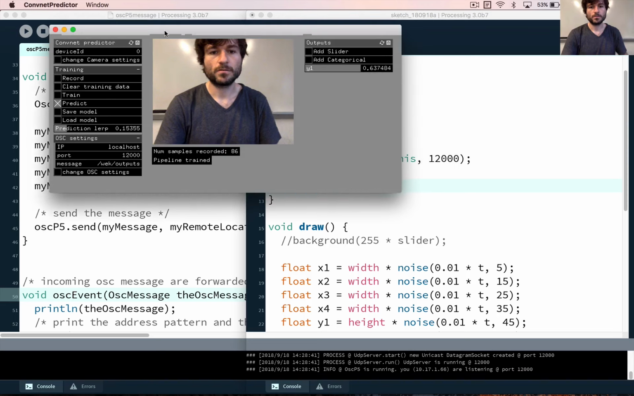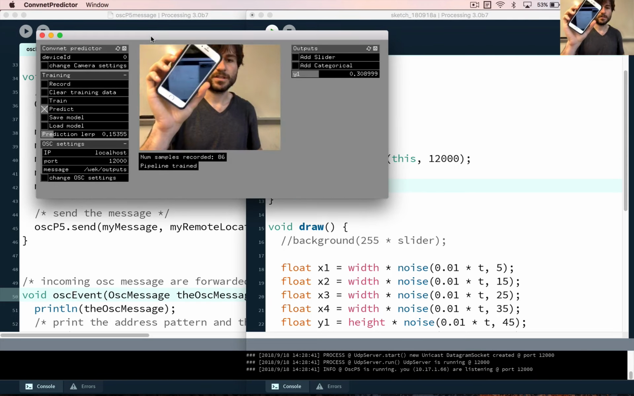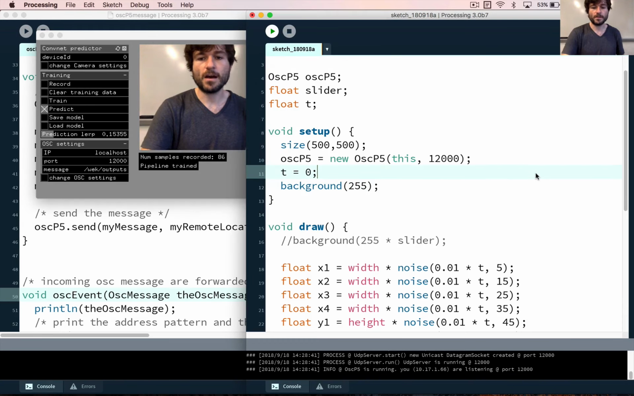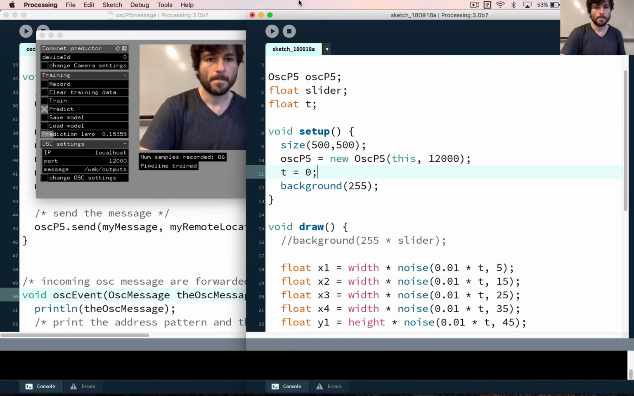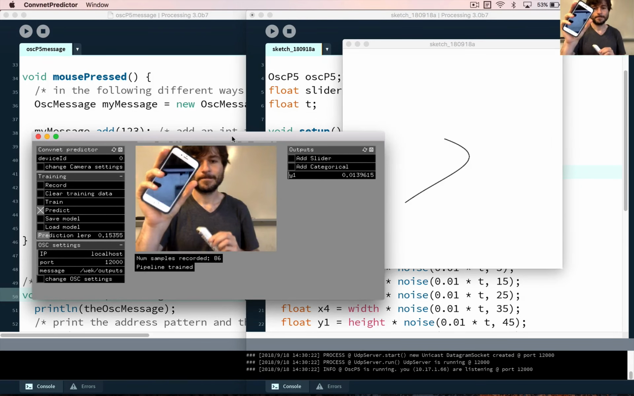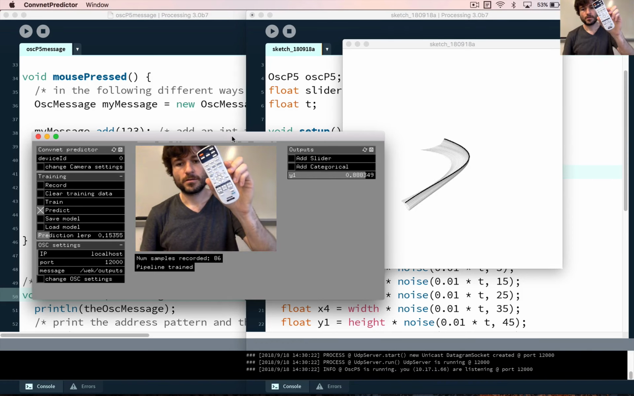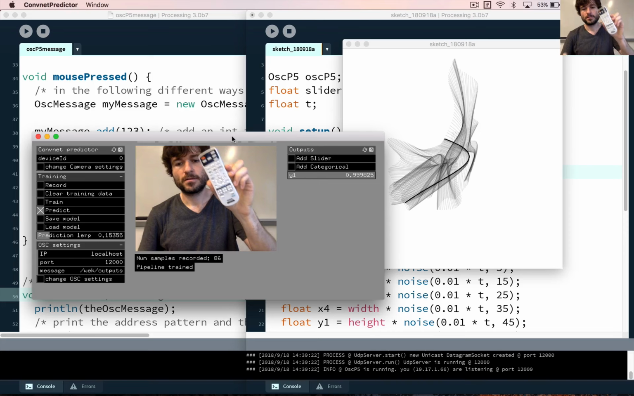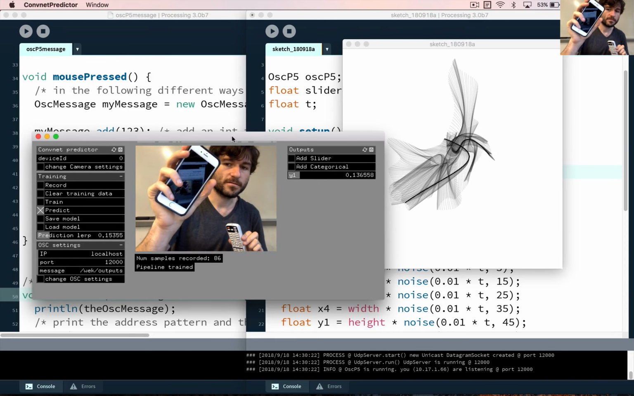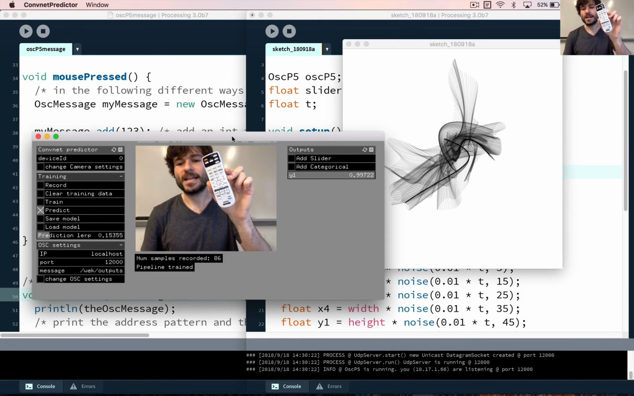Okay, so now 1, 0, and so on. So okay, now if I run this again, growing very slowly, growing very quickly, slowly, quickly. Right, so okay, it's not the most brilliant sketch in the world, but the basic idea